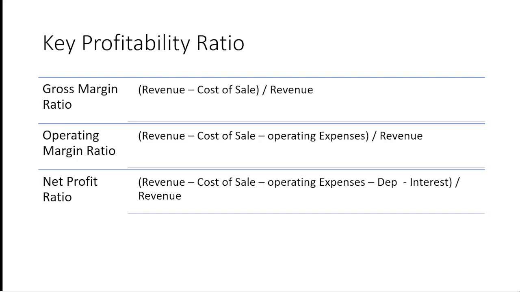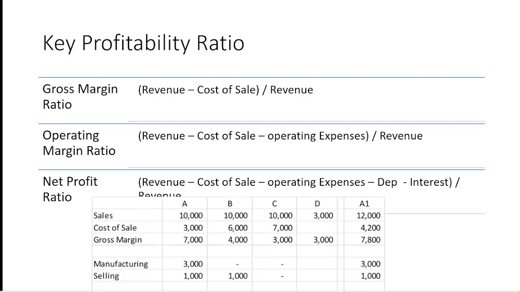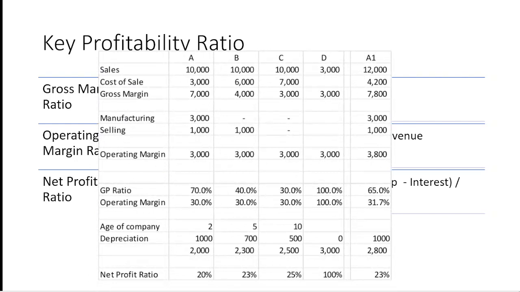The depreciation can also be different by accounting policies. So one company is charging the straight line method, another company is charging the written down value method. So the net profit ratio for both companies will be different, even though the actual performance of the company is the same, right? So when you are using the profitability ratio to compare different companies, you need to be careful. Now, here is an example of the same scenario which we used earlier. Let's say different ages of the companies: one company is 2 years old, another is 5 years old, another is 10 years old, and